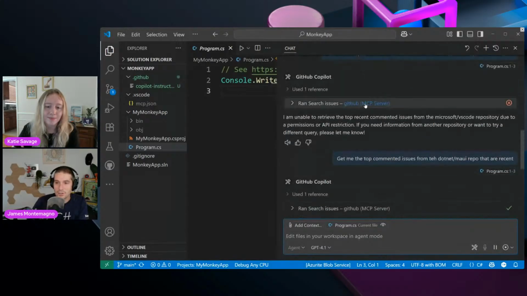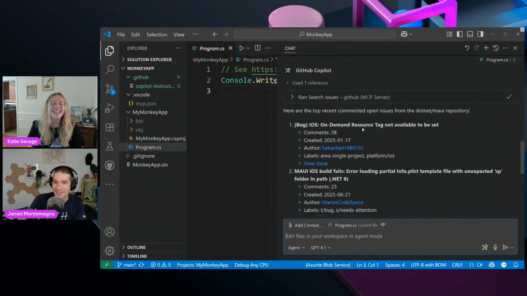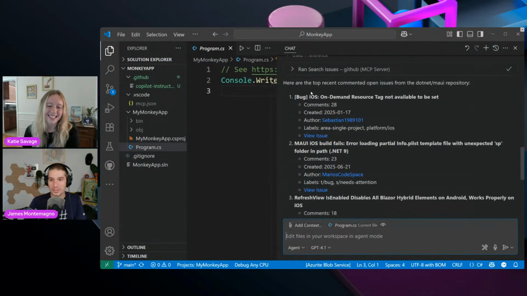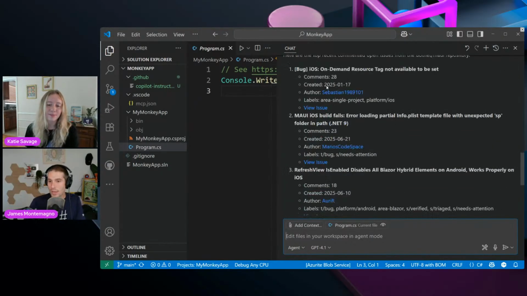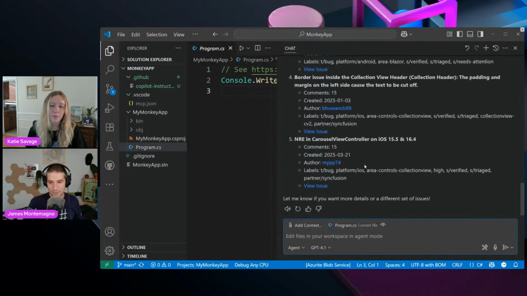Okay, cool. Maybe that's not actually a repo, the Microsoft / VS Code. Maybe it's somewhere else. It's like, that doesn't exist, I don't know what you're talking about. So I ran it on the .NET MAUI repo, for example, and it's like, hey, here are the top issues that are coming back, the comments, things like that, right? This is powerful. It's summarizing this data. I could filter it by labels, by author, ones that I've created, right? So it's pretty powerful because you're using that LLM to actually tap into it, which is really cool.